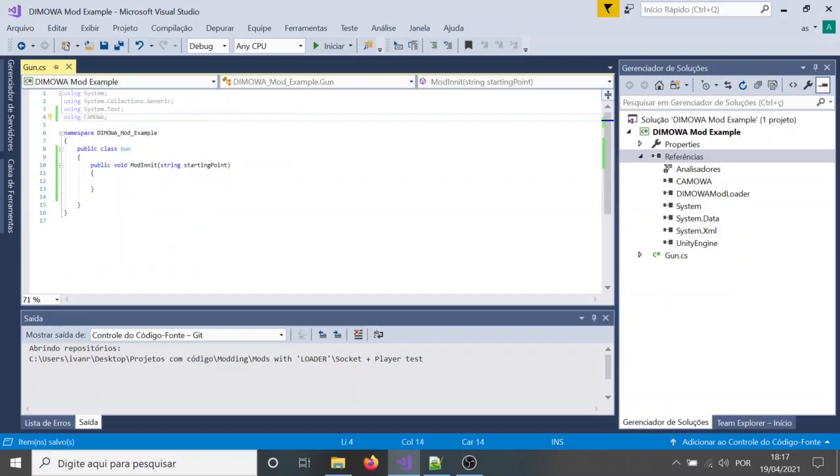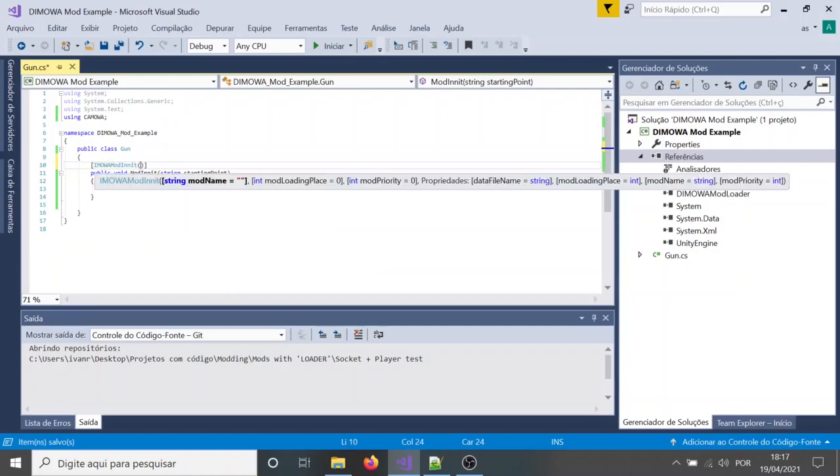Now that I have this, we're going to add an annotation to that method that we just created. The annotation is how Gmoa is going to know that this is a mod and that this is the method that we are going to play when it starts. We have some parameters. The first one is the mod name, and the name of the mod is Gun. The second one, where it's gonna load,